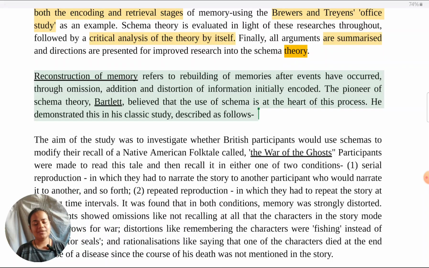There are no arguments, there are no points being made at all in the essay, which results in no knowledge being shown at all. Like directly the student jumps to criterion C, which is using research support. But what is the research being used to support is not clear, because no argument or no point is made in the essay. So first of all, does your essay have any arguments? That is what you will come to know if you do the exercise, which I have just mentioned. And if those arguments are there, have you explained those arguments independent of the study?